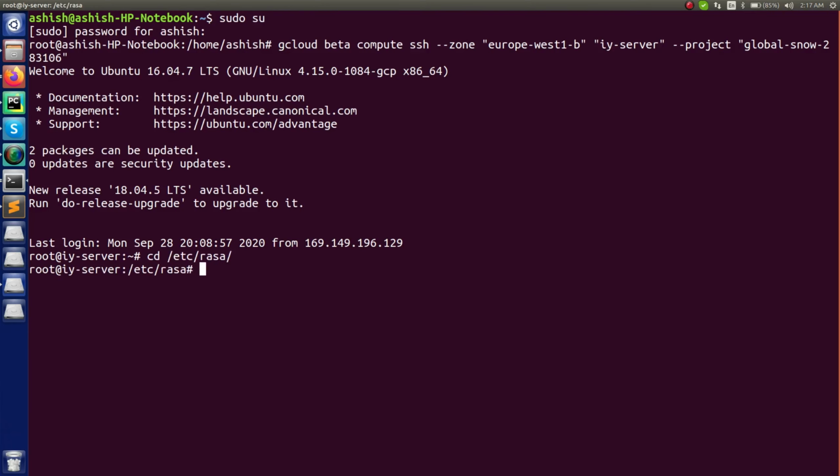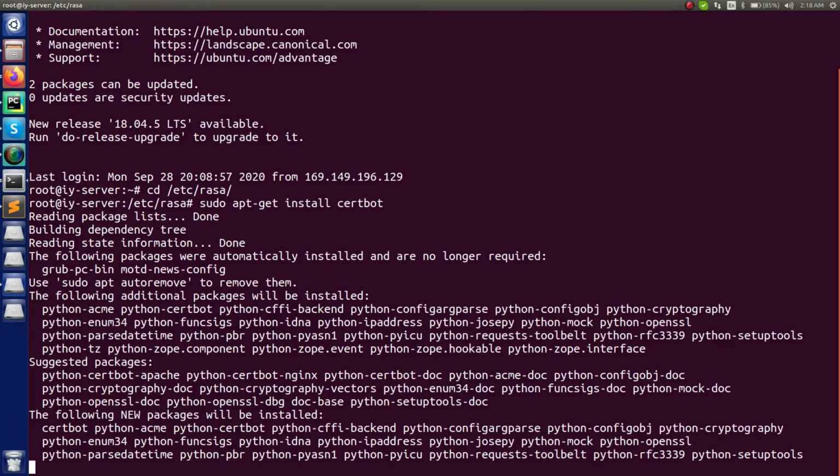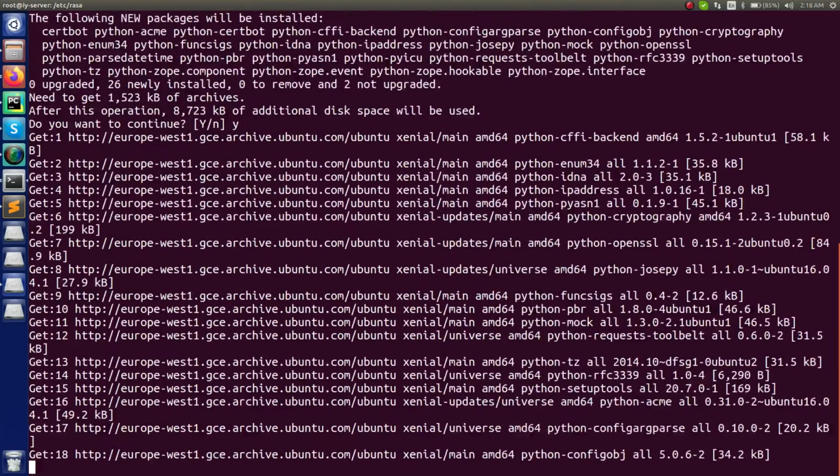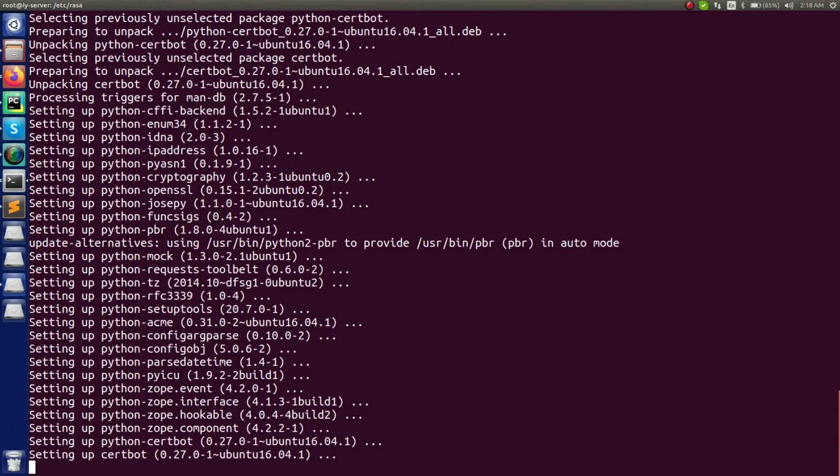Okay, now inside the project directory we first have to check whether certbot is installed onto the server or not. If it is installed, then it will show you that it is already updated, and if it is not installed, then it's okay, it will install it with this given command, right? So just run this and install it. If it is already installed, then it will show you like this, otherwise it will show you something like this. Do you want to continue? Yes, just because it is not installed onto my server. Okay, so the certbot is installed.